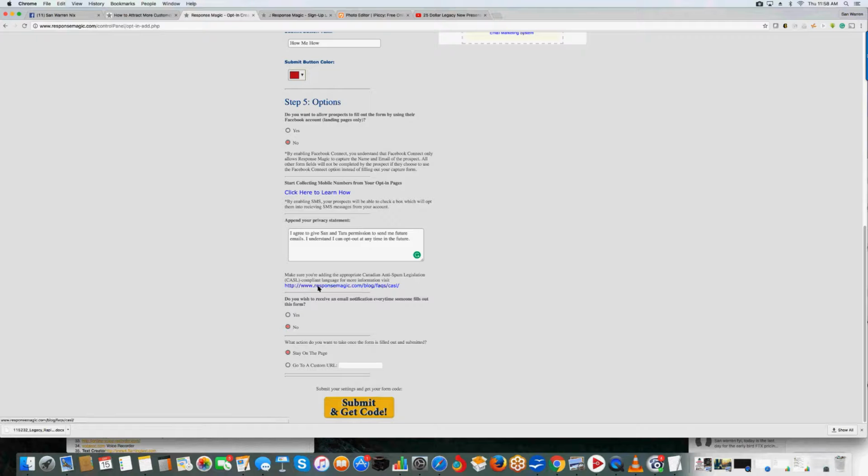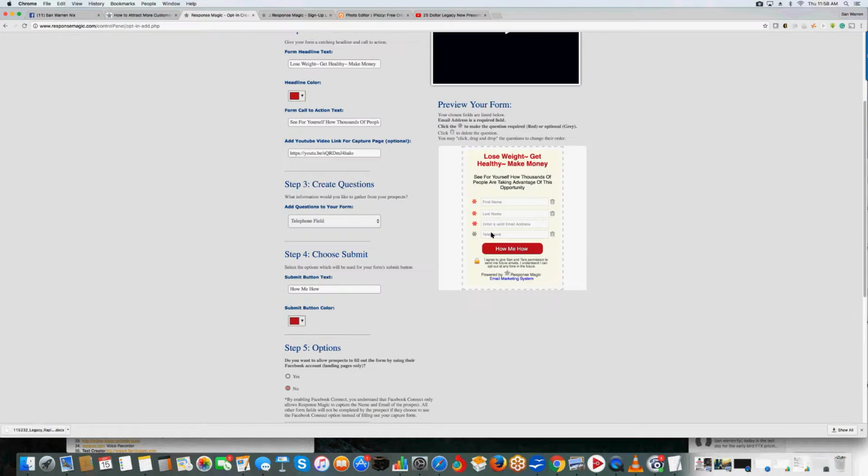Check this out right here at this area right here. Do you want this email notification every time a person fills it out? Well, of course I do. I want to know when they fill it out. Now, you get 2 options here. You can either get them to stay on this page. So what happens is when they fill this form out, they're going to stay on that page. I'm going to get the information. I'm going to get the email, and it's not going to redirect them nowhere.